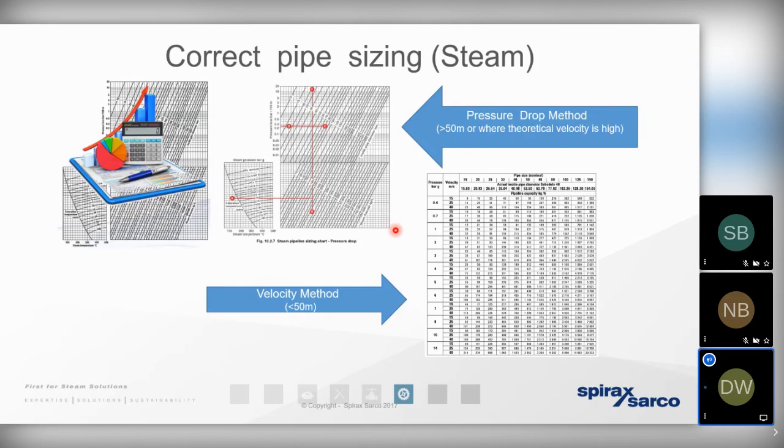So whenever we're distributing steam a relatively short distance, we want to ensure that we're distributing it at the correct speed. Typically, steam should be distributed, as a rule of thumb, somewhere between 25 and 30 meters per second velocity. If it's an excellent condition of steam and we're distributing it at a short distance, we may elevate that to 40 meters per second. But if we suspect that the steam is wet, for example, if we've got relatively unsophisticated controls, if we suspect we've got wet steam with an excess of moisture and particulate present in the steam, we